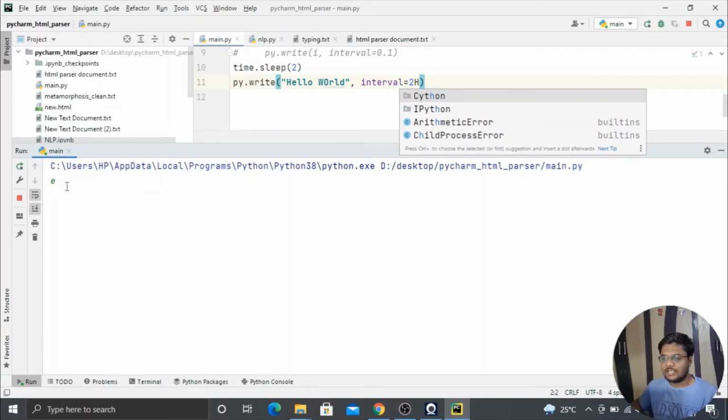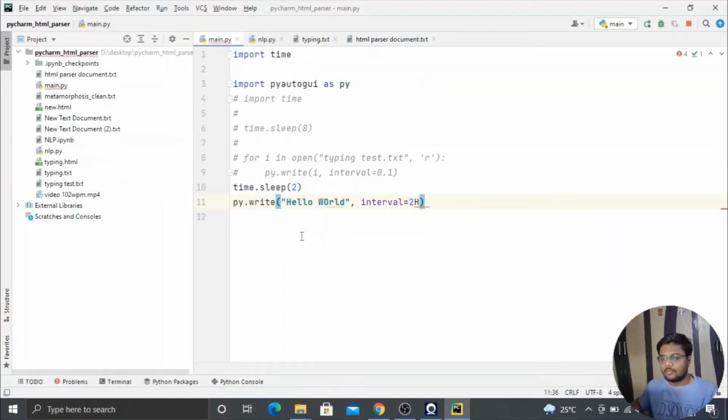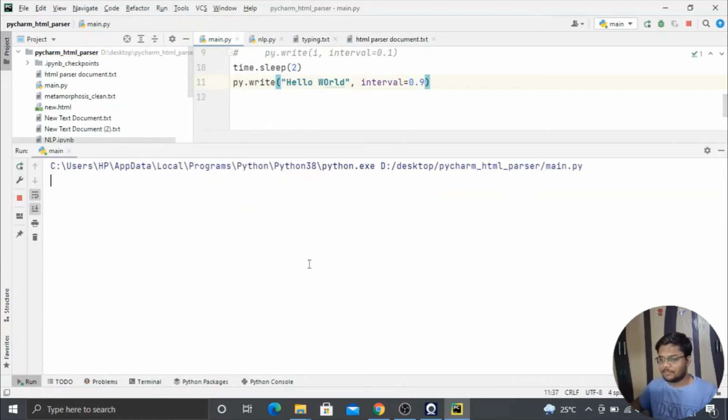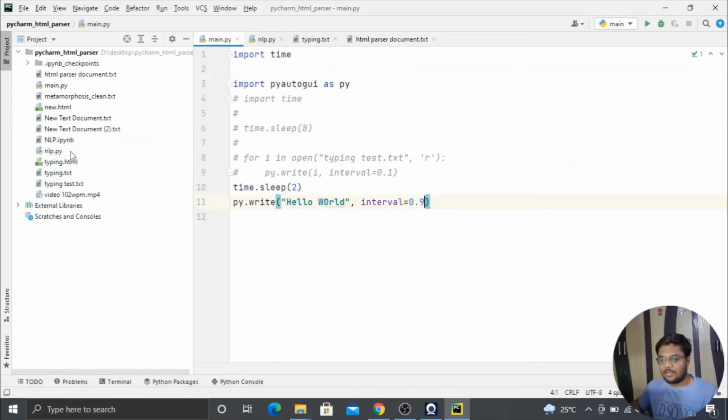See, E, then after 2 seconds it will write the next one, which means every character would be written after a gap of 2 seconds. So I've terminated that program, and if I pass here 0.9 second, then the typing speed would be greater. So here you can see after 0.9 second it is typing every character. So for increasing your typing speed, you can set the interval the way you want.